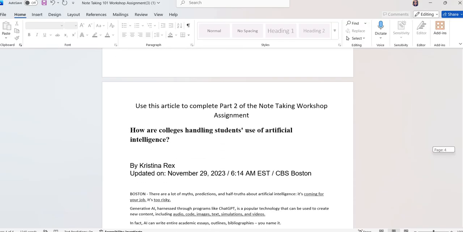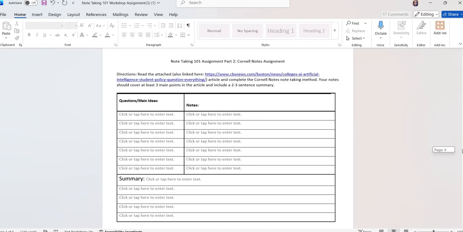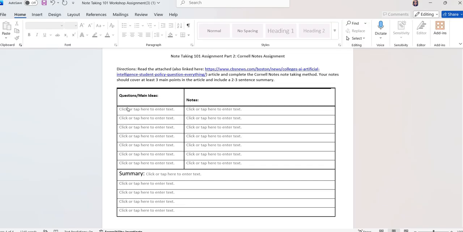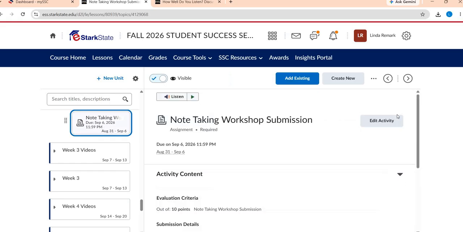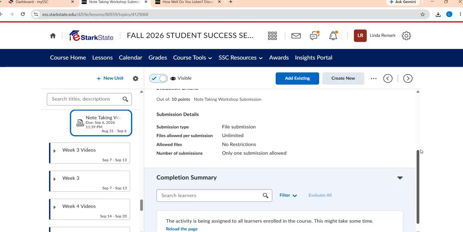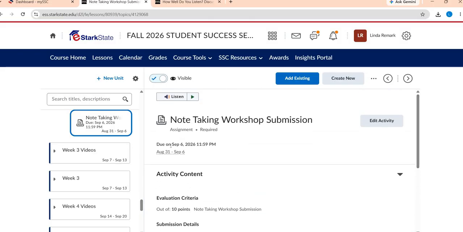Easiest might just be to scroll right down, read the article, and then fill in the Cornell notes with at least 3 main points here. Remember, main point, expand over here, and then a 2 to 3 sentence summary. When you're done, you're just going to save this and Dropbox it. You will have a Dropbox right there that you can submit.